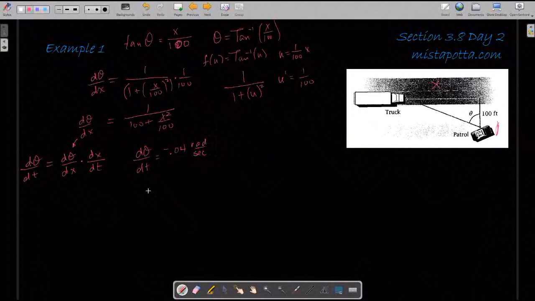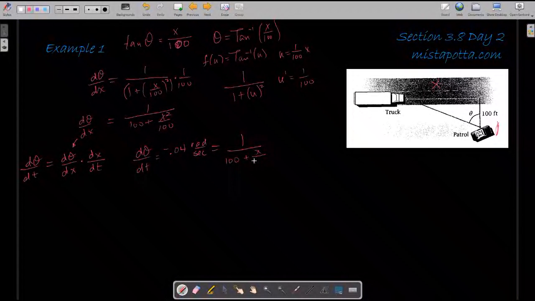So if I'm dealing with this change in time, this has got to be equal to my function, the function that we just found up here, the 1 over 100 plus x squared over 100 times dx dt. So what I notice here is that I have a formula that involves dx dt,